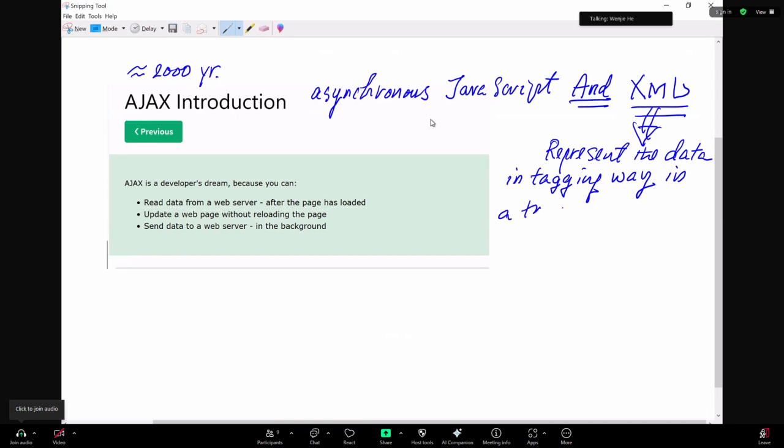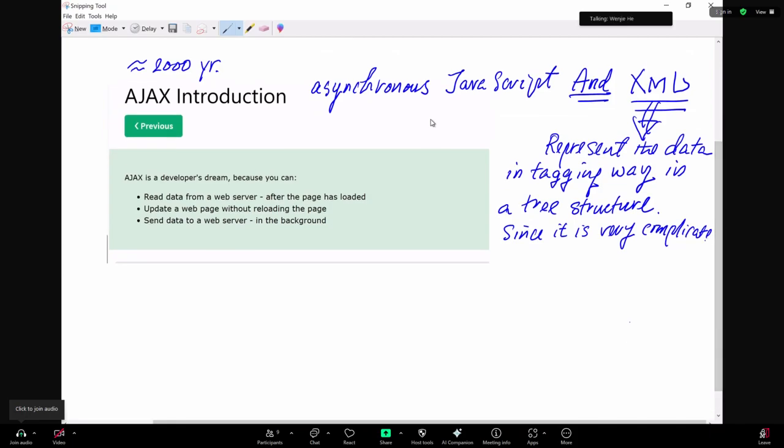The root node, child nodes, different levels. That's the XML file, the tree structure. Since it is very complicated,